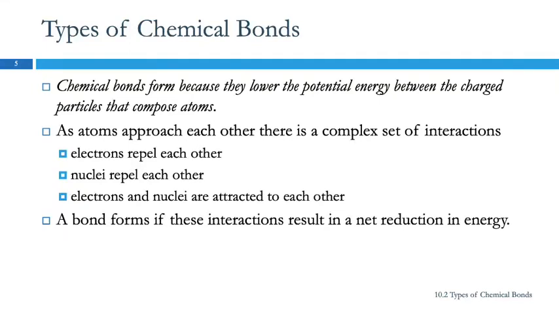We need to talk about different kinds of chemical bonds. So a chemical bond will form if it results in a lowered potential energy between charged particles that compose the atoms. So we've got positive protons and negative electrons, and if this thing that happens, this bond, causes the